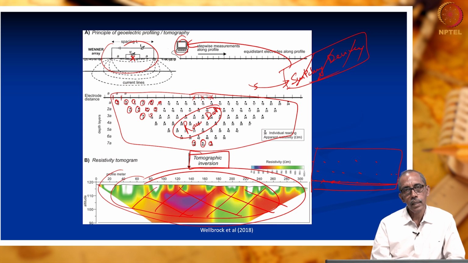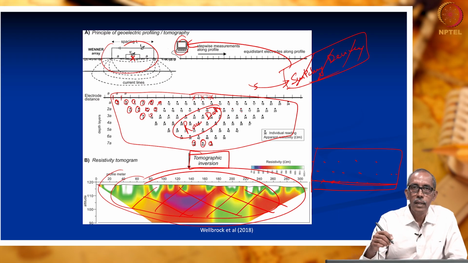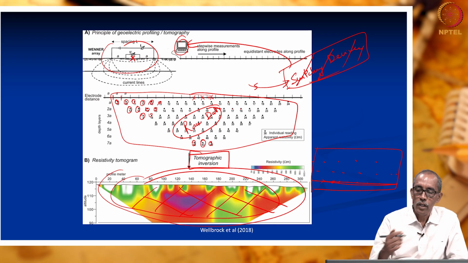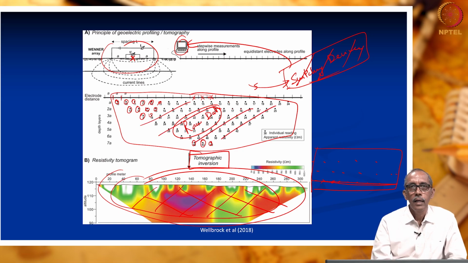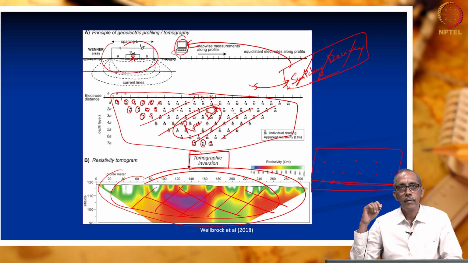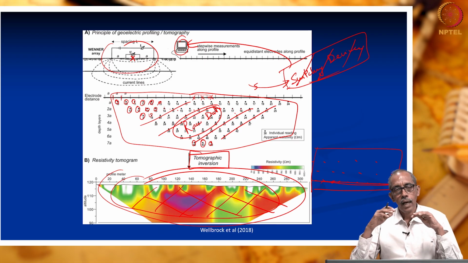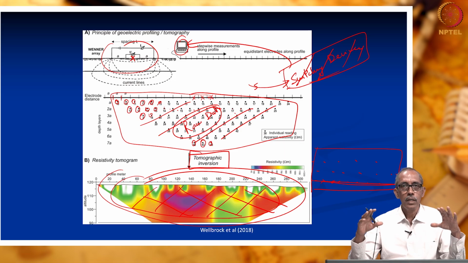So, what is inverse modeling? These are all the points at which I have some apparent resistivity values. In order to get such an apparent resistivity distribution over this section, what is the likely subsurface formation? Is it clear? This is what is known as inversion. I have some apparent resistivity values at all these black dots. In order to measure such apparent resistivity values, what is the type of geological formations below the surface of the earth? It will assume some geological formation,